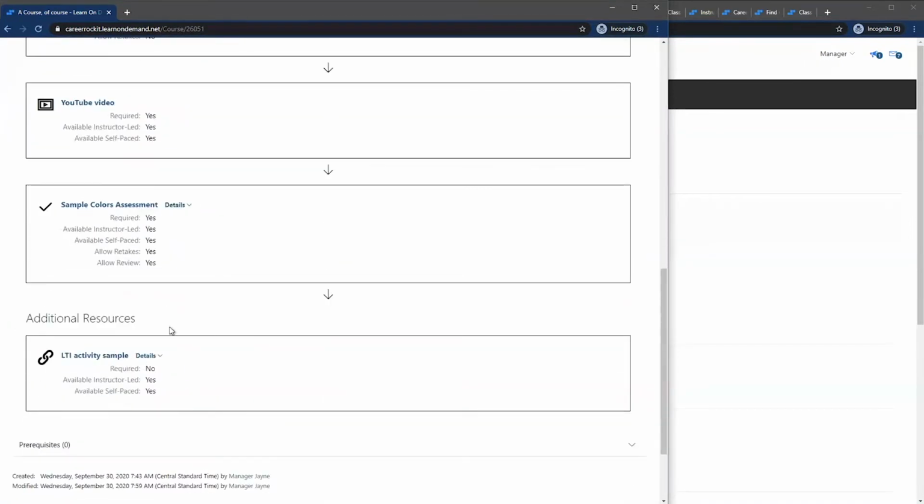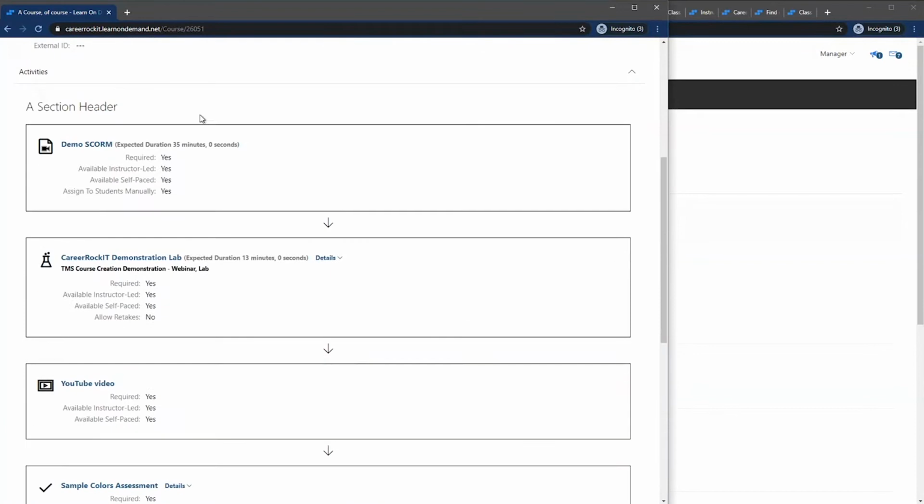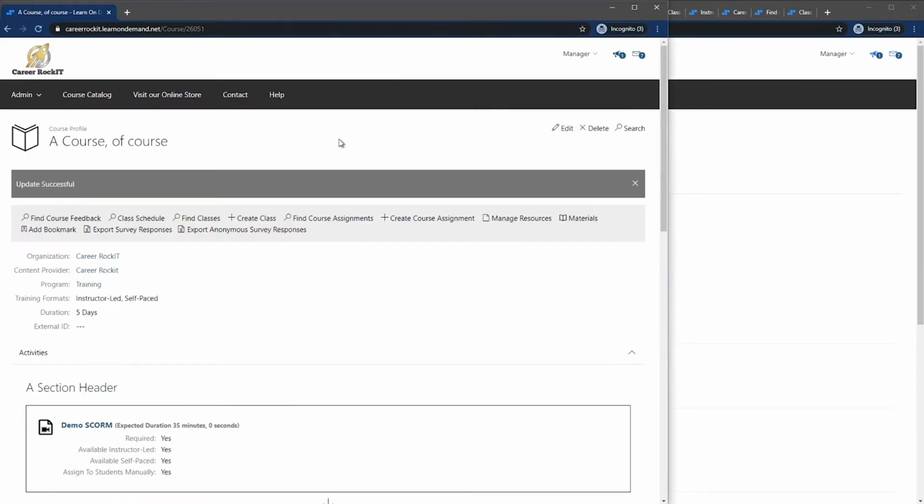So you can add structure by using those headers. And those are all the different types of activities we were going to take a look at and things we can do with it. Okay, so I mentioned that editing a course and having it in place will eventually restrict